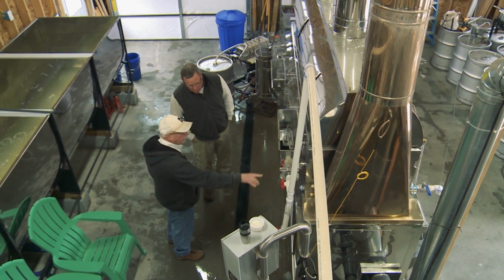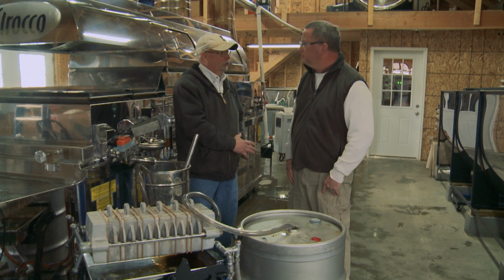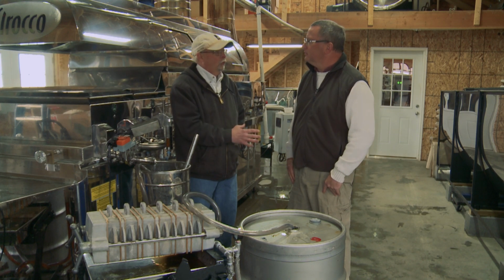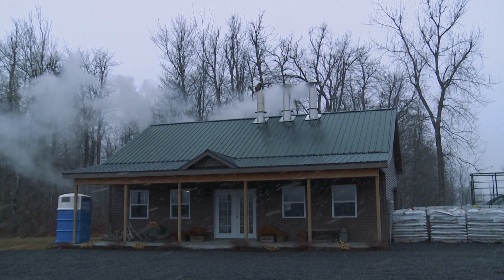In the summertime, when the sunshine hits the leaf, photosynthesis goes on and creates some sugar, energy for the tree. In the fall, that sugar ends up down in the roots of the tree, and then it sits there until this time of year. When it starts to warm up again, it's brought up into the tree, so we go out and tap a tree, make a little hole, and the sap goes into a tube, runs through a vacuum system, comes into this building